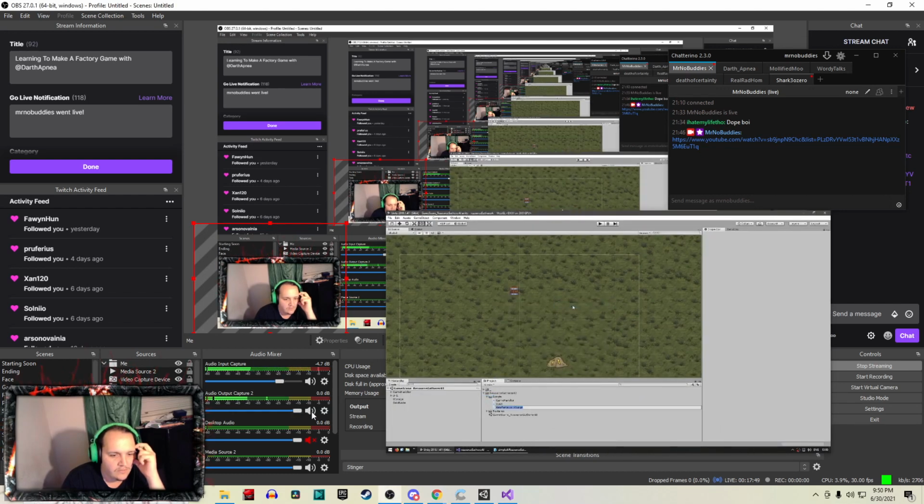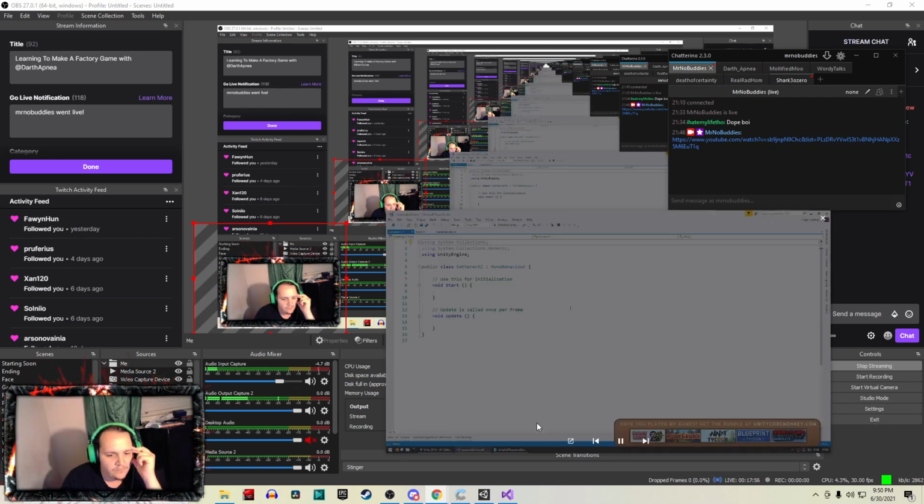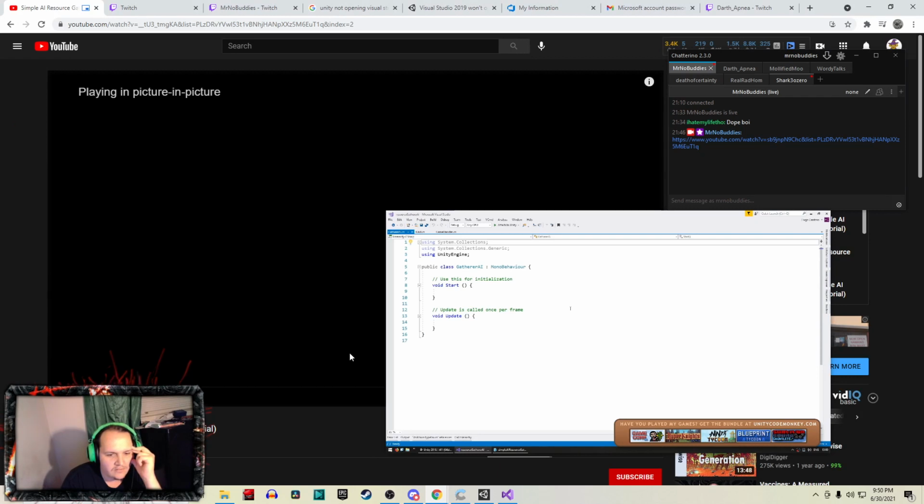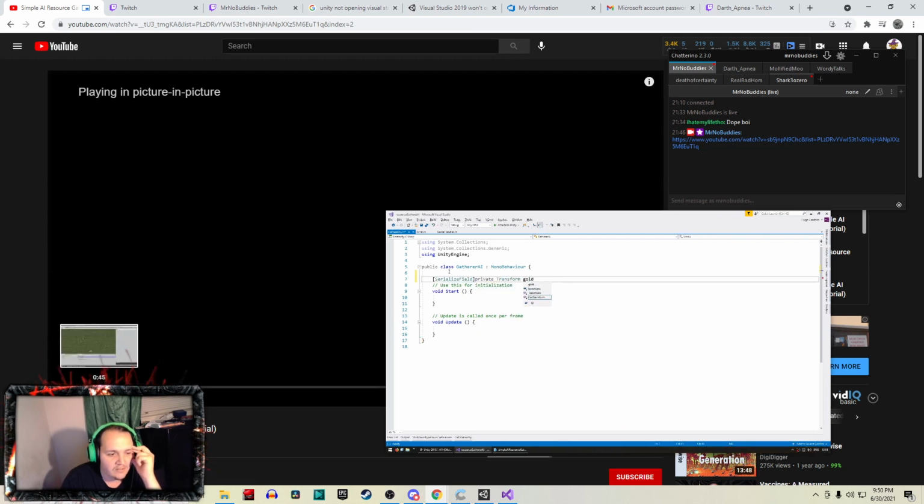Create a new C# script and name it for the video, GathererAI. Well, So in here, let's start off simple. We're going to add fields to store the gold node and storage transform. So let's make a serialized field, private transform, gold node,